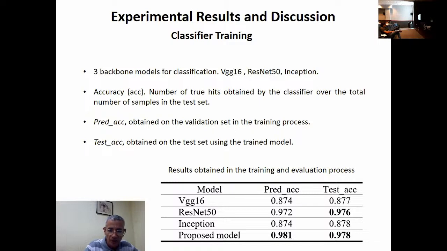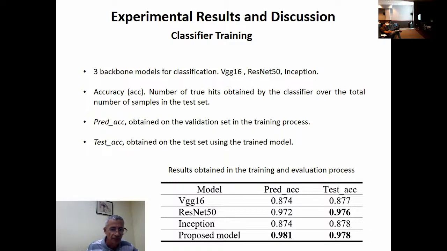Two accuracy values were measured. The first accuracy obtained in the training process, and the second test accuracy on the test set using the trained model. It can be seen that the proposed model and ResNet obtained the best result with a similar performance